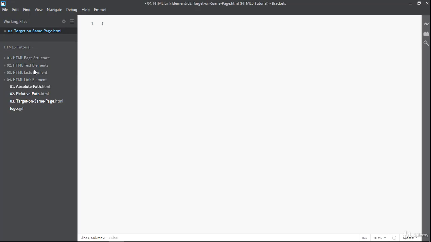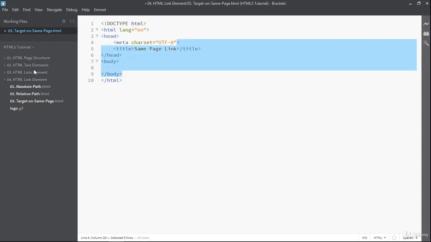And now here I'm going to create some basic skeleton of HTML, and instead of document I'm writing same page link. Now I'm indenting these lines of code here,